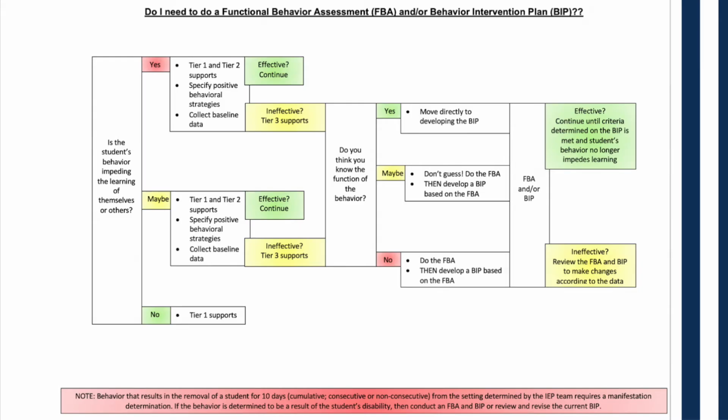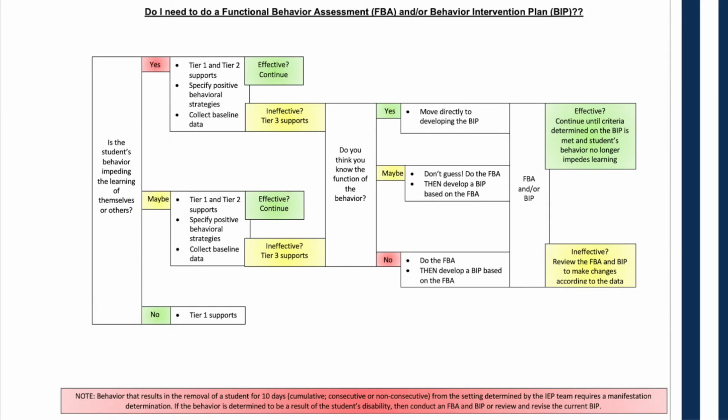Do I need to do a functional behavior assessment? Let's figure it out. Please note that behavior that results in the removal of a student for 10 days, whether it's cumulative, consecutive, or non-consecutive, from their least restrictive environment, determined by the IEP team, requires a manifestation determination. And if the behavior is determined to be a result of the student's disability, then we do need to conduct a functional behavior assessment and get a BIP written or completed, or we need to review and revise the current